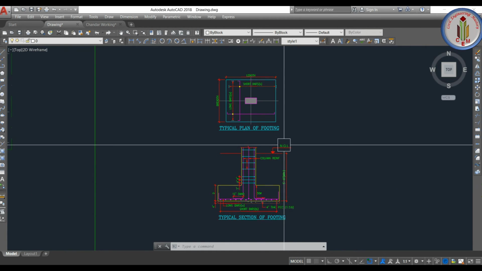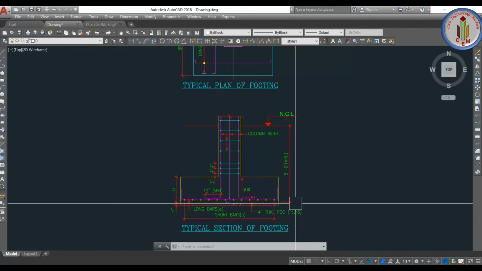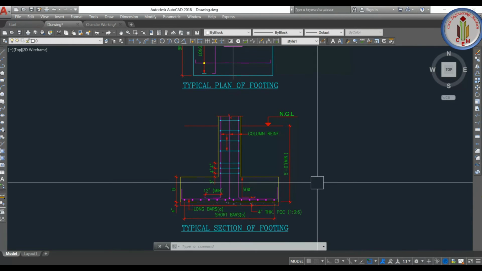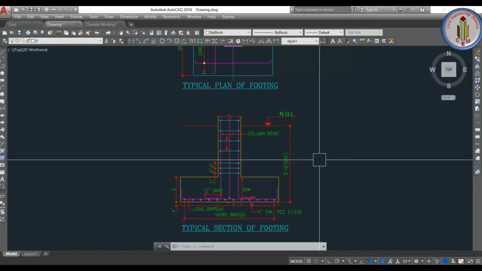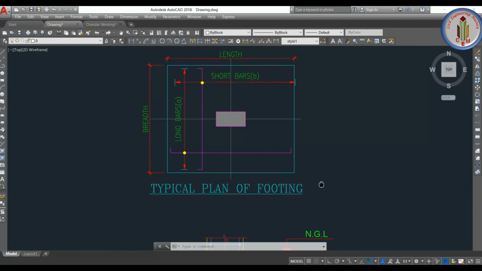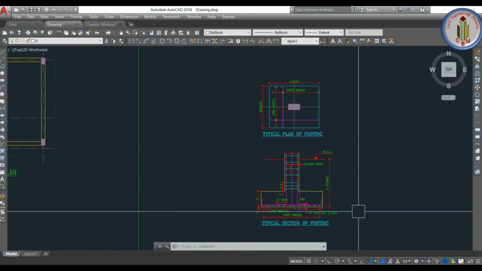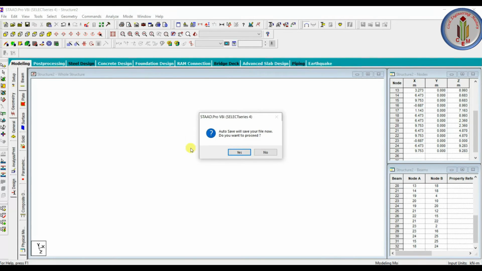So from the ground level, natural ground level, 5 feet is my excavation depth. So that also we need to take. So below plinth level, let's take 1.5 meter, that is 5 feet. And from here, let's go for 3 meter till first floor level, and then 3 meter for second floor level, and then terrace floor level. Okay, so let's add that.